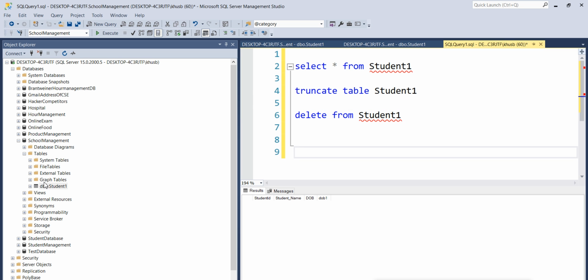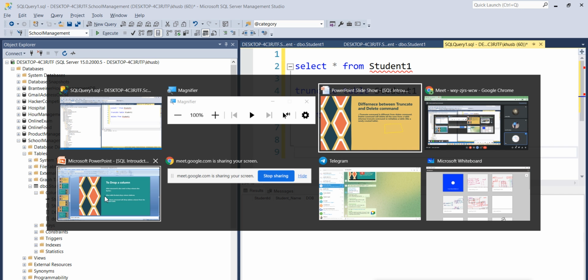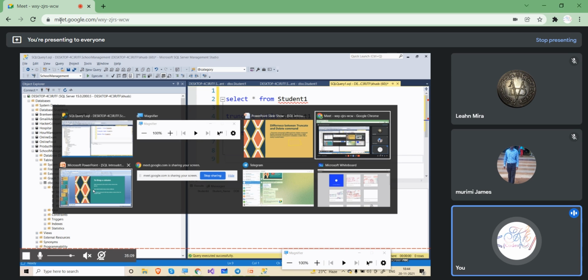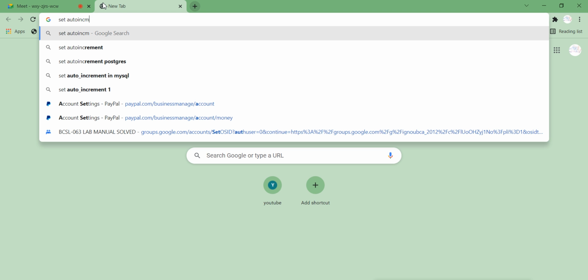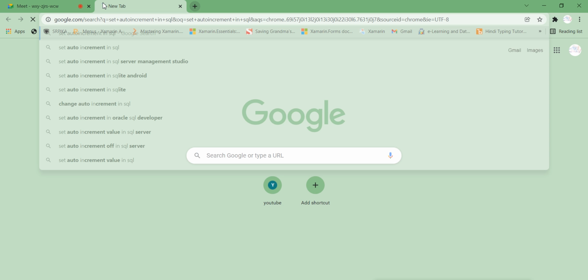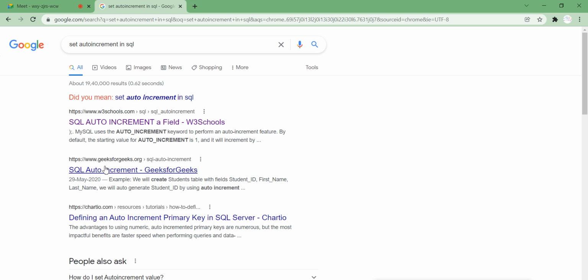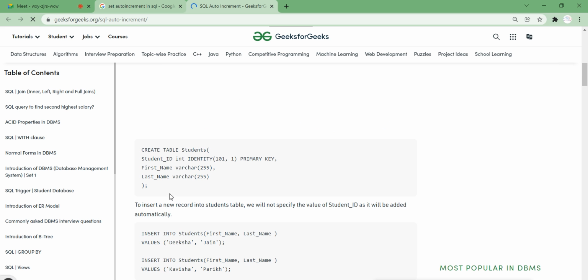I want to set this student ID as an auto increment, right? So what I need to do, it is our primary key, right? Already we have a primary key, so set auto increment in SQL. So the query would be something like this: identity (1,1).